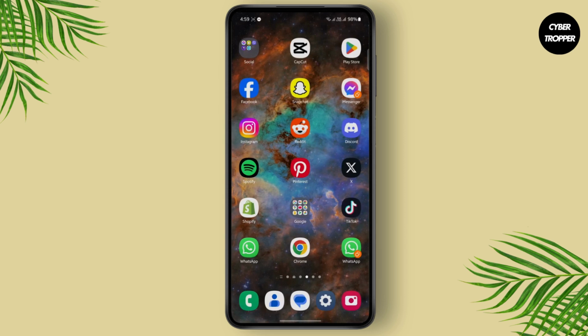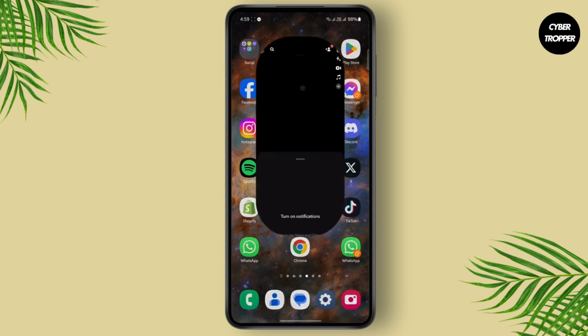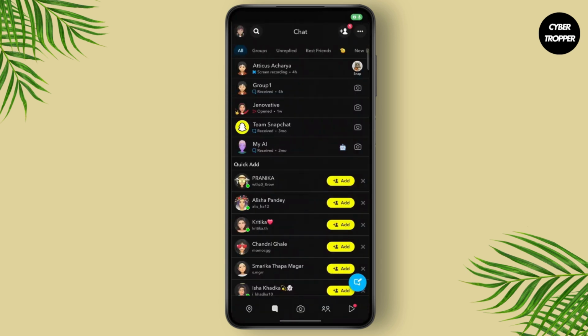Today I'm going to show you guys how you can easily create a group on Snapchat. So if you want to share your snaps with your group at once, this is a useful way that you can do it. So first of all, just open your Snapchat, and now from here what you want to do